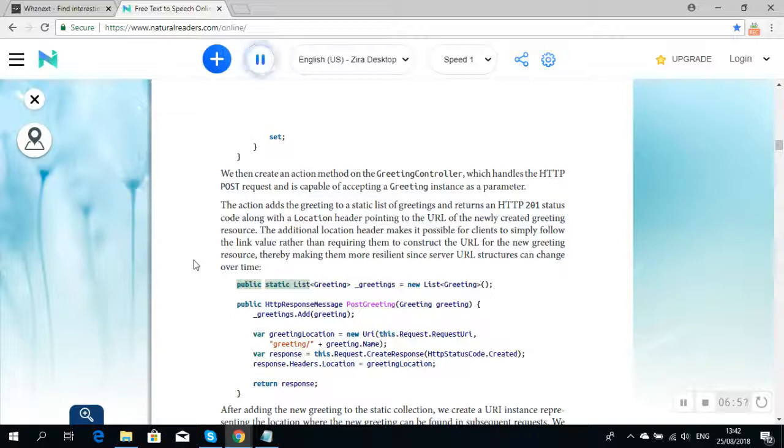public static List<Greeting> _greetings = new List<Greeting>(); public HttpResponseMessage PostGreeting(Greeting greeting) { _greetings.Add(greeting); var greetingLocation = new Uri(Request.RequestUri, "greeting/" + greeting.Name); var response = this.Request.CreateResponse(HttpStatusCode.Created);